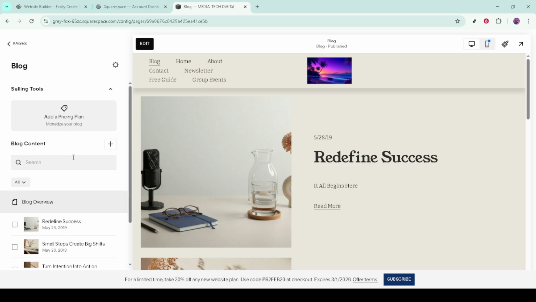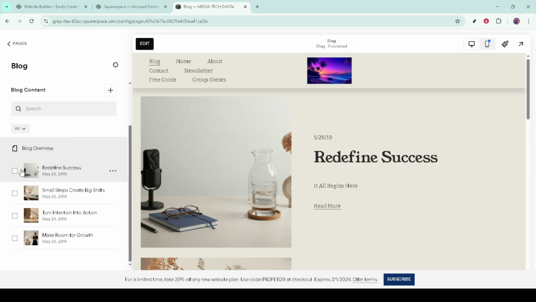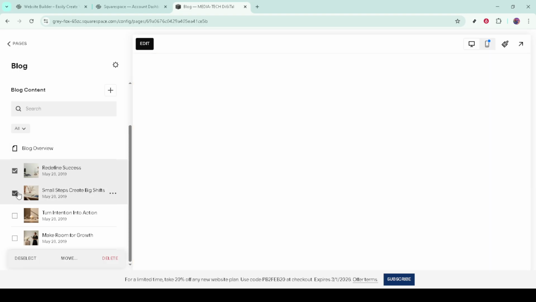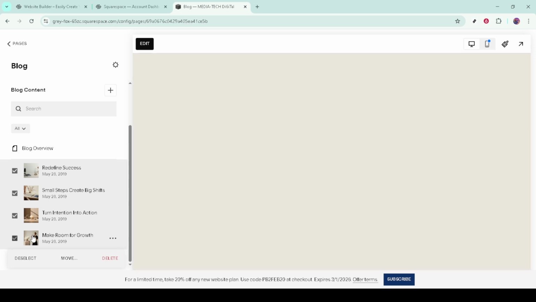Start with a strong descriptive title, something that tells readers exactly what they can expect. In the editor, click the plus icon to add content blocks. Use text blocks for your main writing, image blocks to illustrate your points, and galleries if you have a series